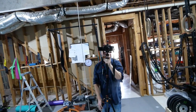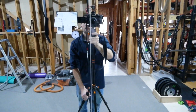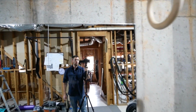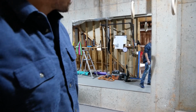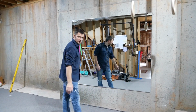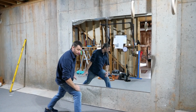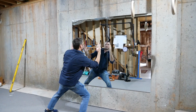And then also in the center here, I was a little worried about this. So where the two mirrors meet up, as you can see, we've got a perfect seam from top to bottom. Now that's something you gotta watch out for as you're doing a project like this, because if this bottom portion here isn't perfectly level, even a slight tilt, I mean we're talking even like 1/8 of an inch from here to here, this mirror is going to be slightly turned,